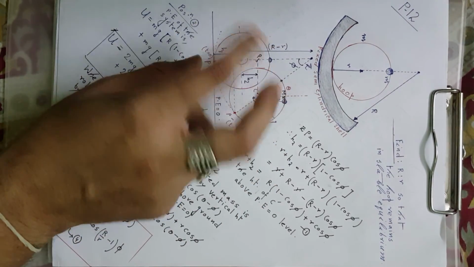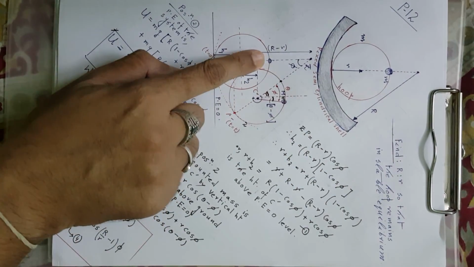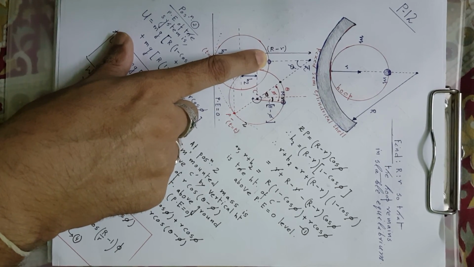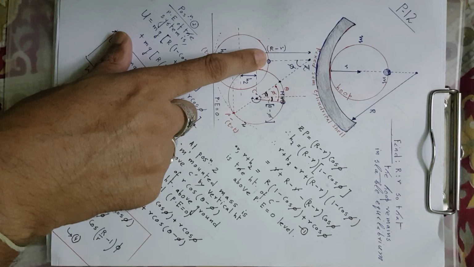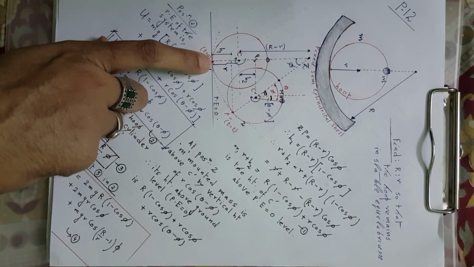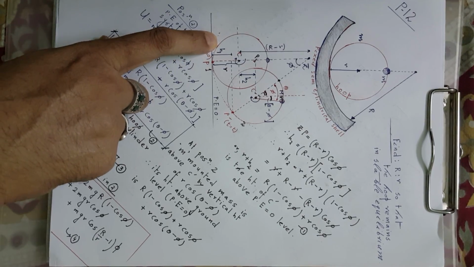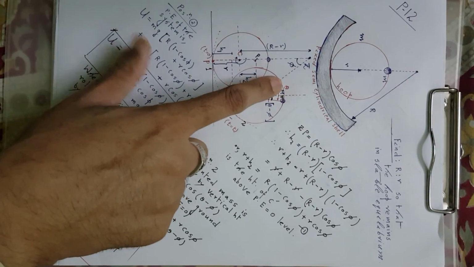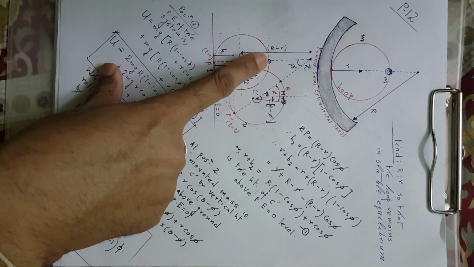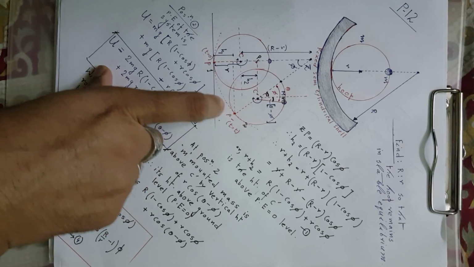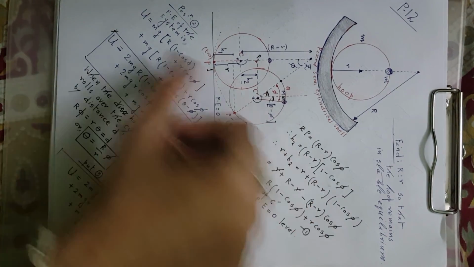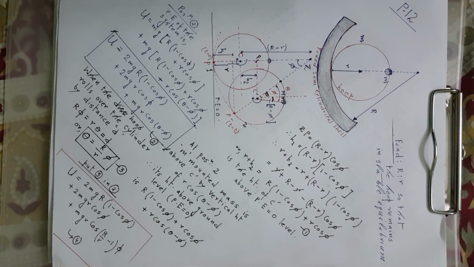Specifically here you need to be intuitive enough and must be able to visualize that when the hoop rolls over, the mounted mass does not stay at the top. The POC, the point of contact, will not stay here. The point of contact will go up and the mounted mass will go down, and this is exactly what is happening. So P dash and P are not the same points. Both are POCs but at different instants of time.